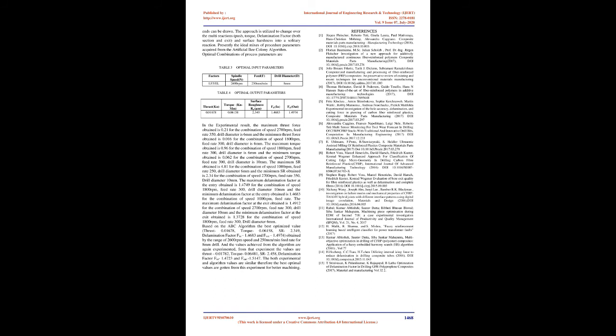The maximum torque obtained is 0.96 for the combination of speed 1800 rpm, feed rate 300, drill diameter 6 mm, and the minimum torque obtained is 0.062 for the combination of speed 2700 rpm, feed rate 300, drill diameter